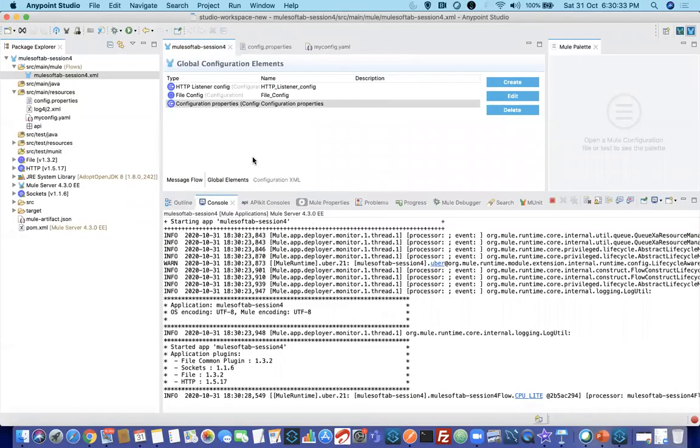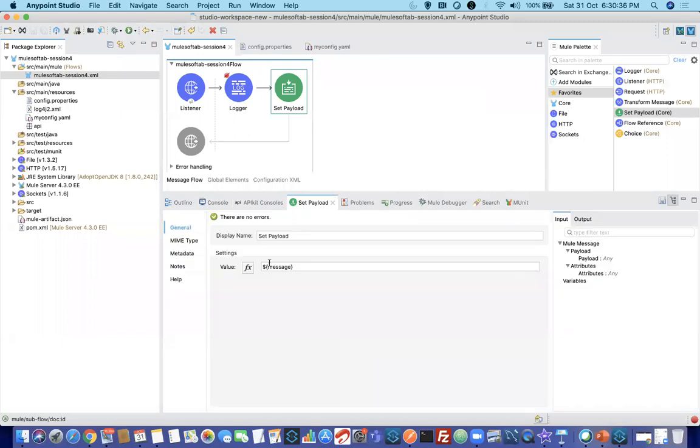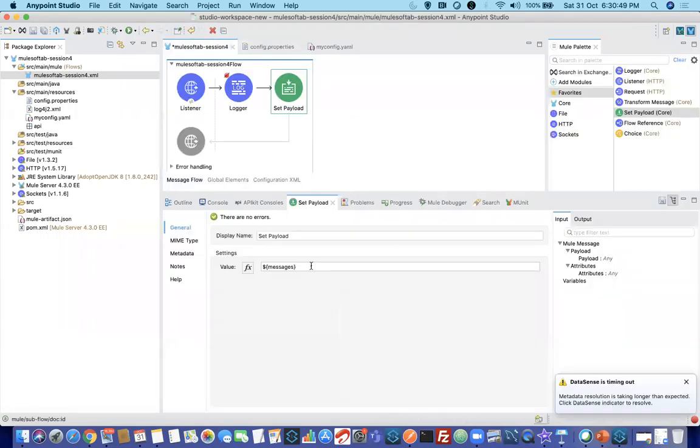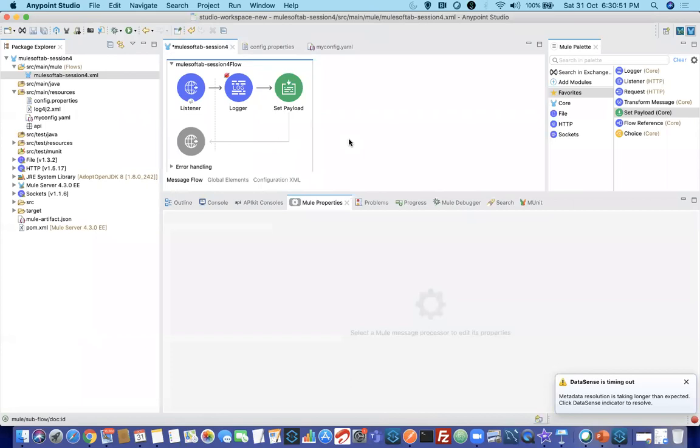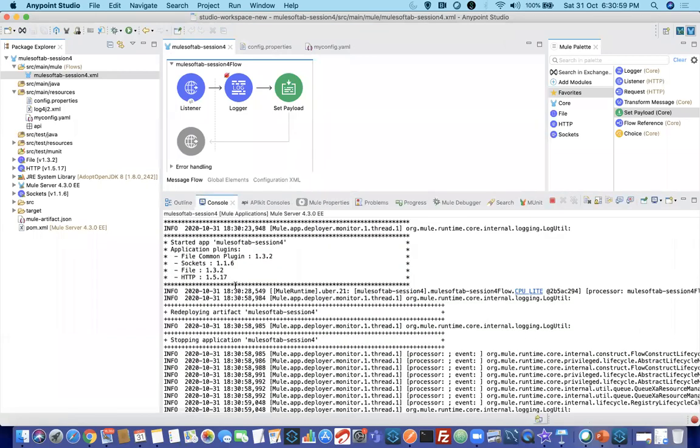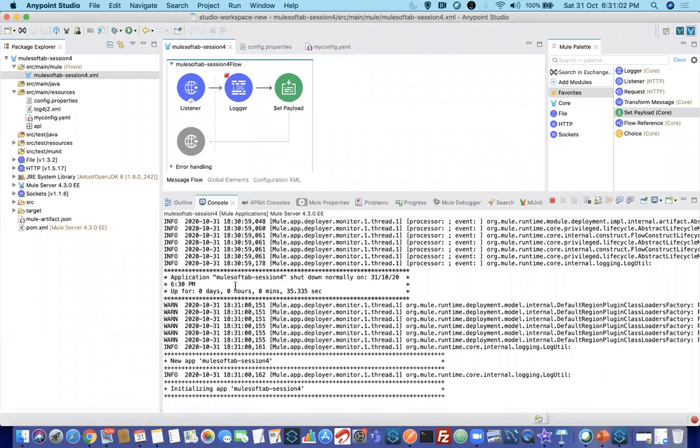One last thing which I want to show is any key name which is not present. Suppose this is message, right? If you give wrong spelling name or any key name, we call these left side things keys, right side things are called values. If you give any key name which is not present in the property files, then your application itself will fail to deploy, because I told you the property values are loaded only during the application.